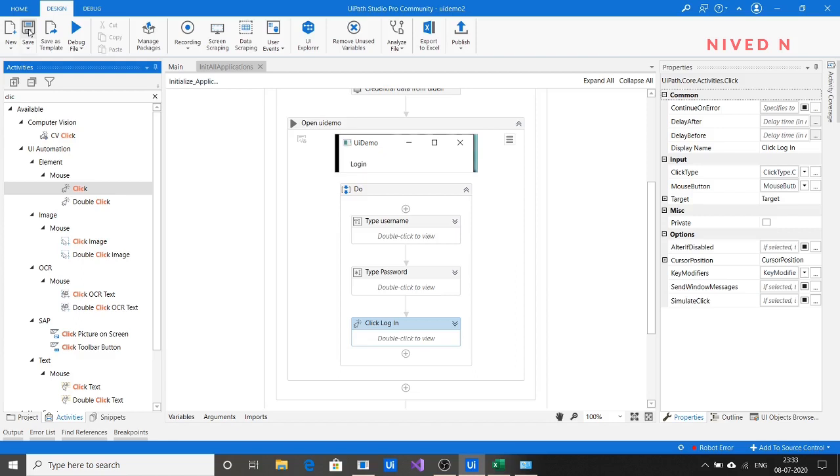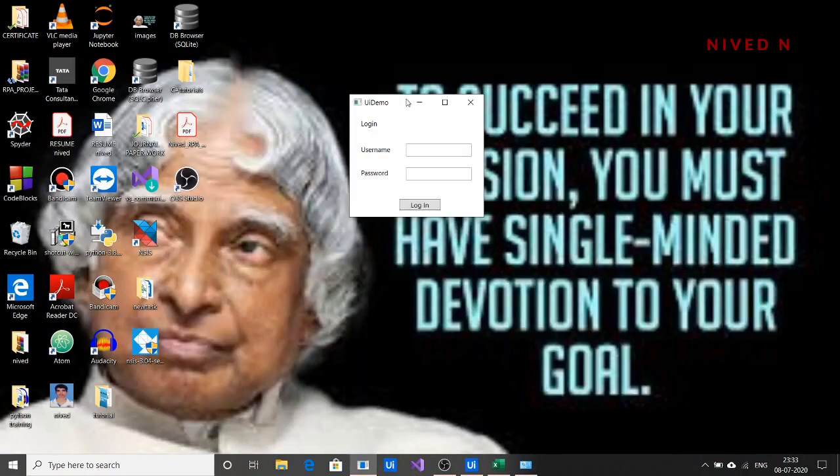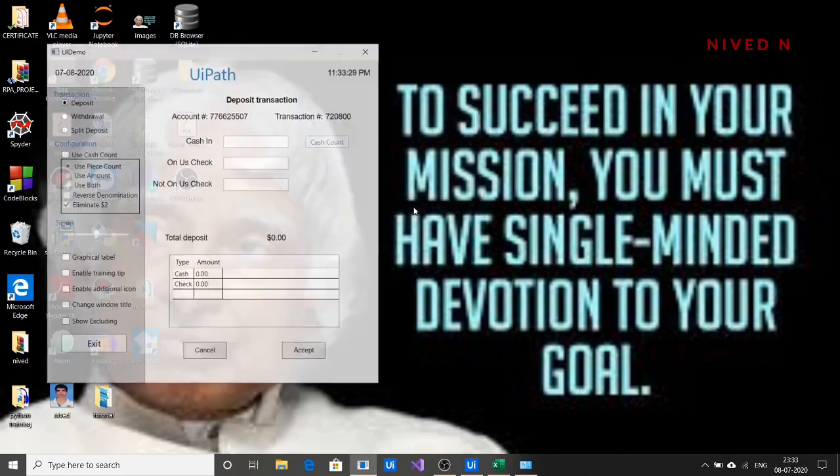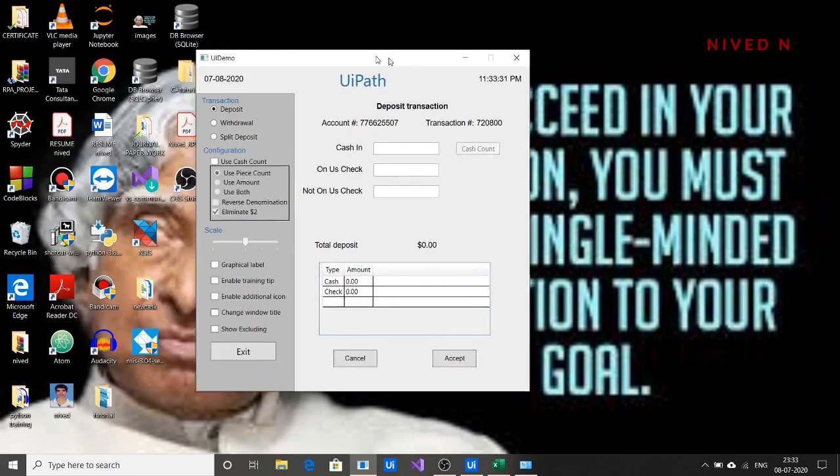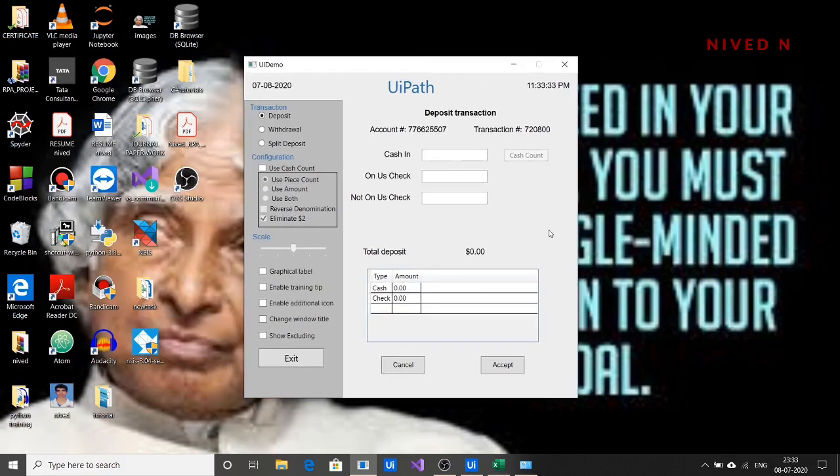So this step of the initialization stage is okay. But when we are providing the login credential, admin, password, and we are logging in, we know that we are actually going to another window, and we should provide a condition in the init section to check whether the login is successful or not.